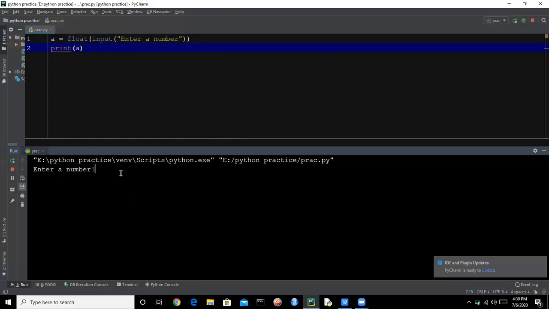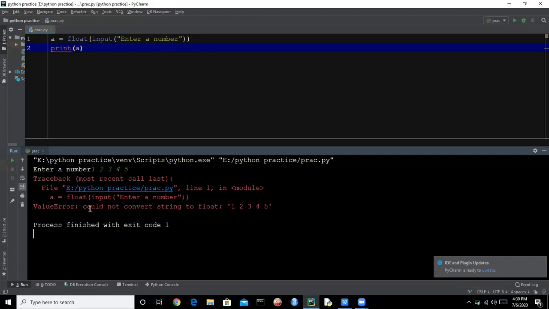You can say here a user is giving us an input like 1 2 3 4 5. So the user is giving us an input list. So let's print this. So here it is giving us could not convert string to float. So it cannot convert this string to float because it has spaces between the numbers.